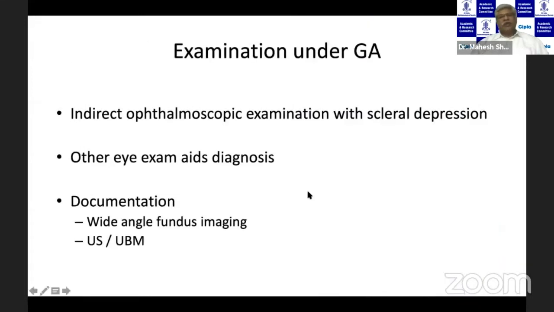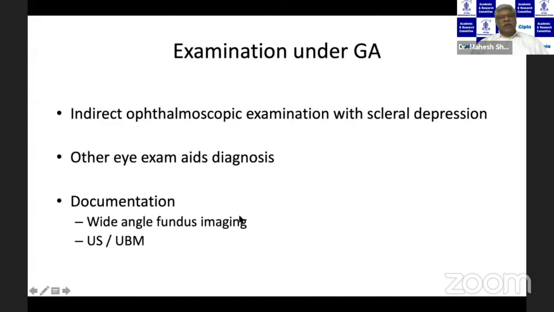The next step is to examine the child under anesthesia with a dilated fundus and scleral depression, and this will give us a clue about the diagnosis. For instance, if one eye is filled and the retina is right behind the lens and we are not able to see underneath that, and if it's a germinal retinoblastoma, any small tumor which is hidden in the periphery can be seen under anesthesia. And also other diseases like, for instance, ROP, the peripheral fundus can tell us if there is a sign of ROP in the other eye as well.